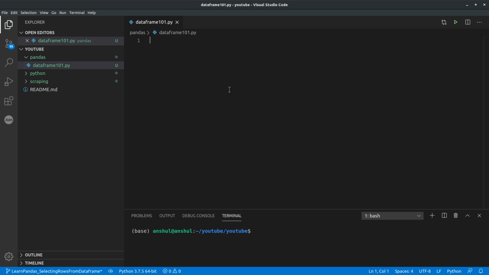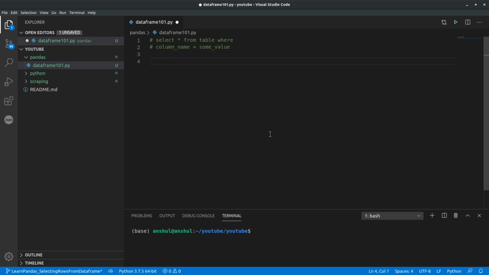For example, if you have a database, you will apply a filter condition on a select statement that would look something like this: select star from table where column name is equal to some value. So it's just the same thing.